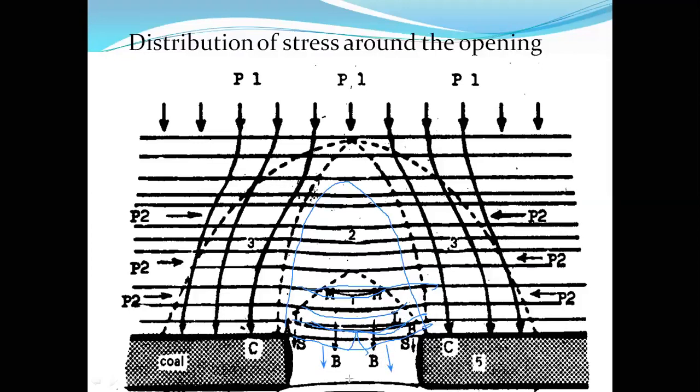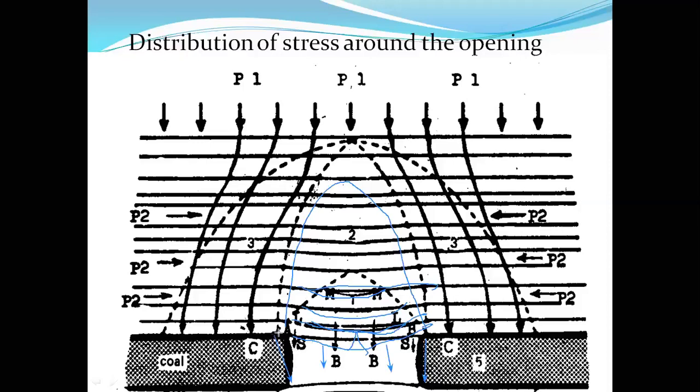So from this we can say why we need to provide support, how exactly the stress redistribution takes place, and why we need to provide support. As I said, let me repeat it. Using this diagram, it's very clear that before making this opening, the stresses that were acting were in equilibrium. Soon after making the opening, a certain portion of the load, the stress that was acting above the opening, gets redistributed and will be acting on the sides of the opening. That is known as abutment pressure. This is what we discussed a minute back. Abutment pressure.